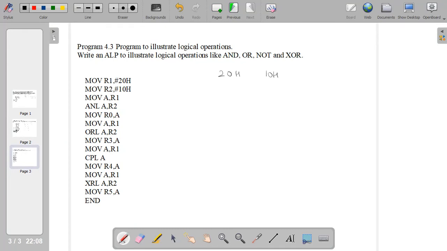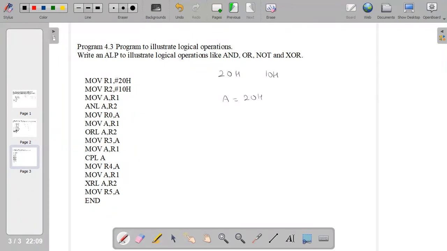They are loaded to the registers R1 and R2, and the value of the R1 register is loaded to A. So A has the value 20H, and we are doing the AND operation of 20H with 10H, which is stored in R2. ANL is the instruction used for that. So ANL A, R2 is the AND operation of 20H and 10H, and the result is loaded to R0.